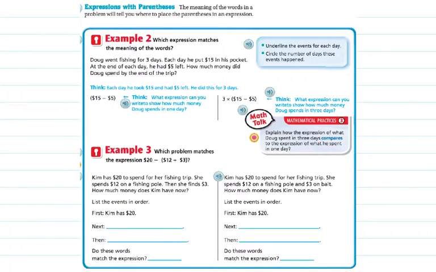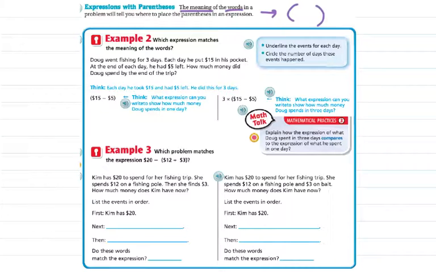Now lastly, we're going to add one more component to this lesson. So it says expressions with parentheses. The meaning of the words in the problem tells you where to place the parentheses in an example. So again, that goes back to a reading skill. The meaning of the words in the problem tells us where we're going to plug in the parentheses. So let's start with